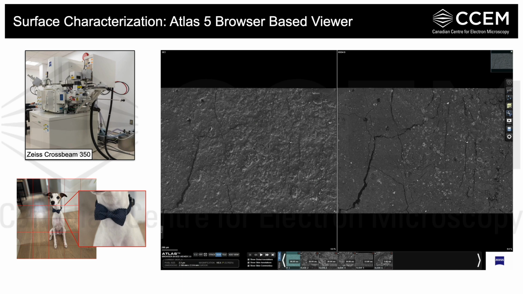This software provides us with a space where we can bring together images and data from multiple instruments, so light microscope, SEM, XRM, and bring them all into one spot to produce a single picture of our sample. This aids in allowing us to better correlate features that are visible across these different sources, across these different length scales, and then we can share this data easily with collaborators.